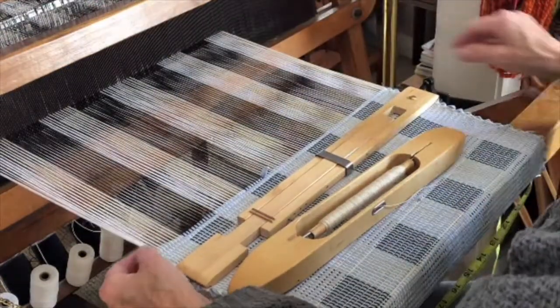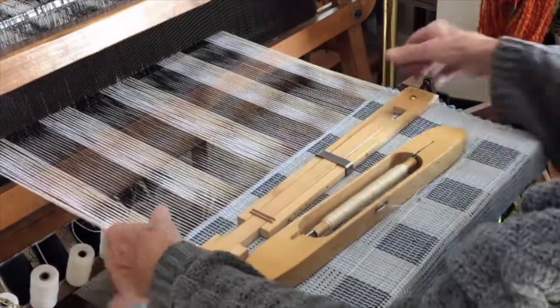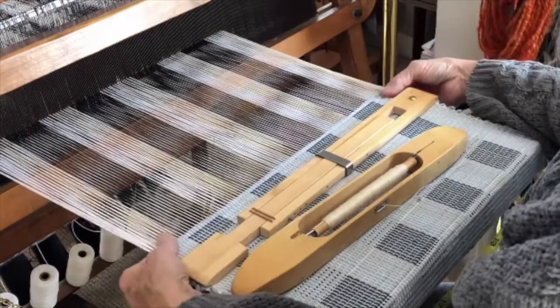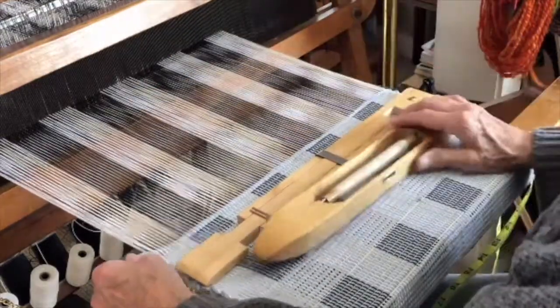So, okay, that's all I have to say about Log Cabin. Try it out. It's kind of fun. It takes longer, of course, because you have to pay attention to your selvage, and you have to throw an extra pick in there to separate out your colors. But other than that,